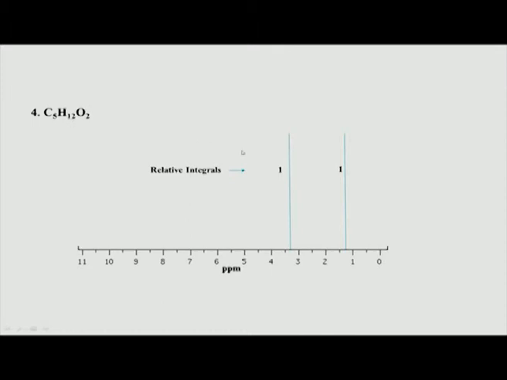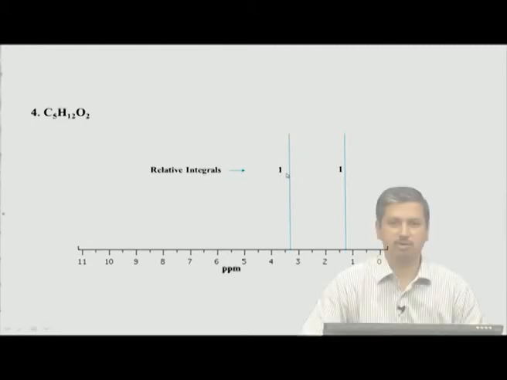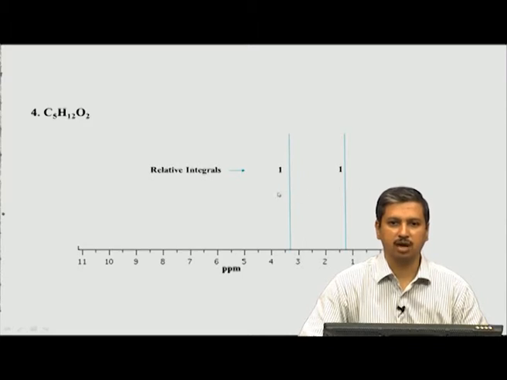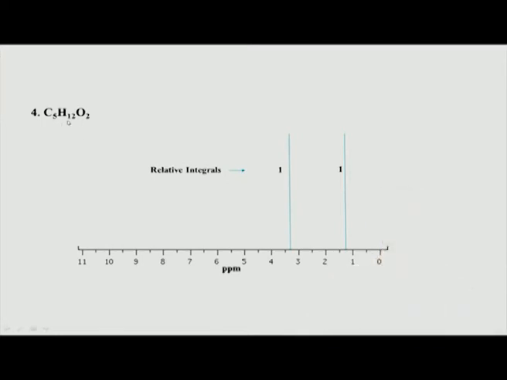So, it could be that this peak corresponds to 6 hydrogens, and this peak also corresponds to 6 hydrogens. If that is so, then it will match with our formula, because 6 and 6 together is 12 hydrogens, and both are 1:1, meaning they are equal, 6 and 6, and therefore that adds up to 12. That is most likely the scenario, because we cannot expect only 2 hydrogens. This whole peak corresponds to 6 protons, and this whole peak corresponds to 6 protons.